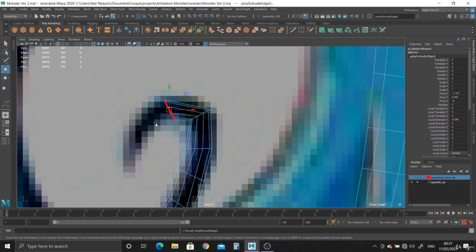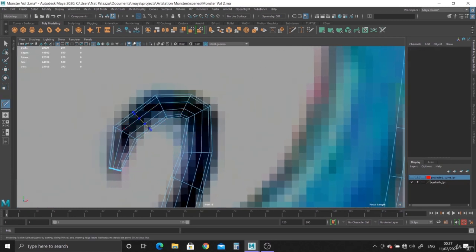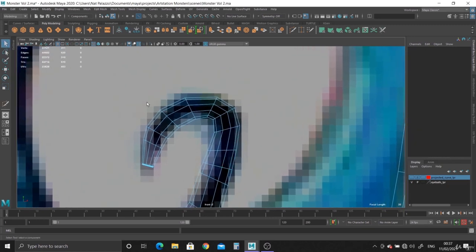hit extrude again, there we go, and hit extrude again, W for move tool, and boom, there you go. And make this thinner. Let's add a bit more geometry to create the curves. Okie doke,